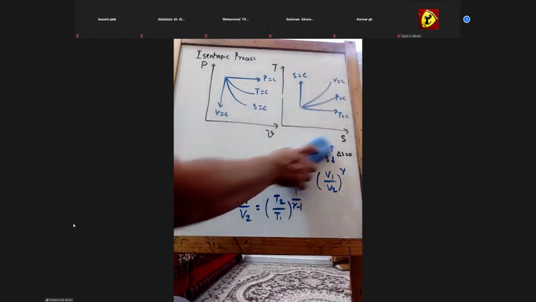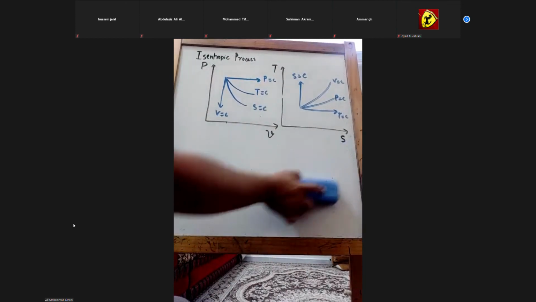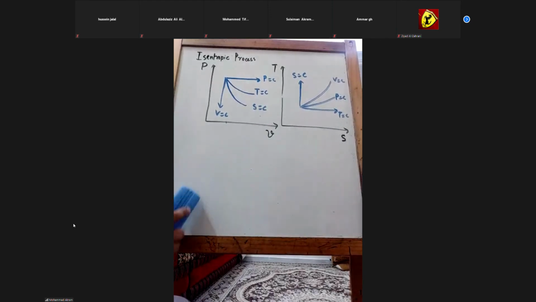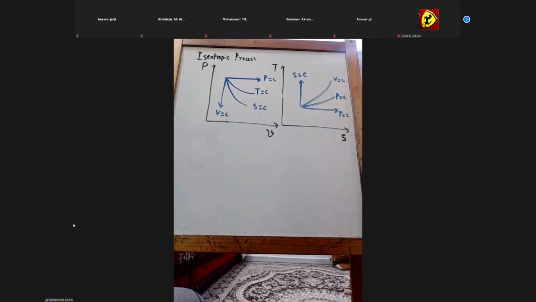So with this, we'll stop here. Inshallah, in the next class, we will apply the first law of thermodynamics and these processes to different components, like nozzle, compressor, turbines, fans, blowers, and various systems like the piston engine. When we apply these equations to the first law equation for these processes, we can understand how the thermodynamic system is working.